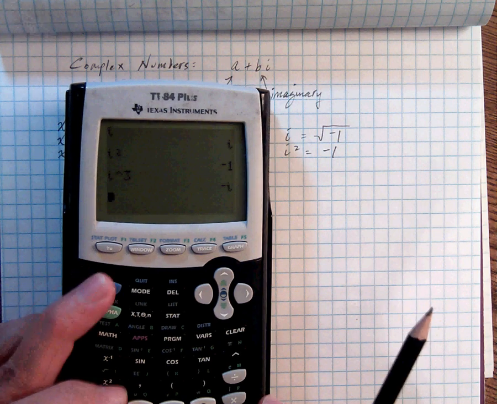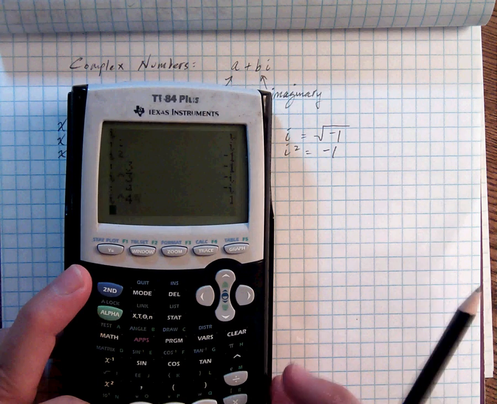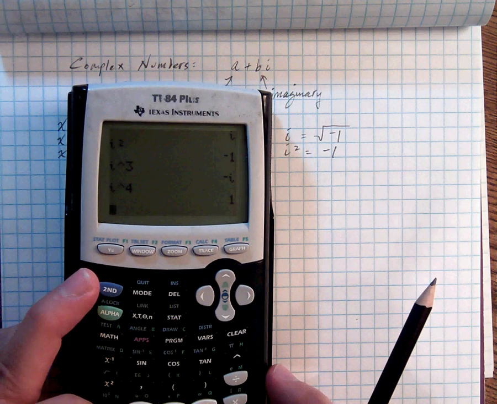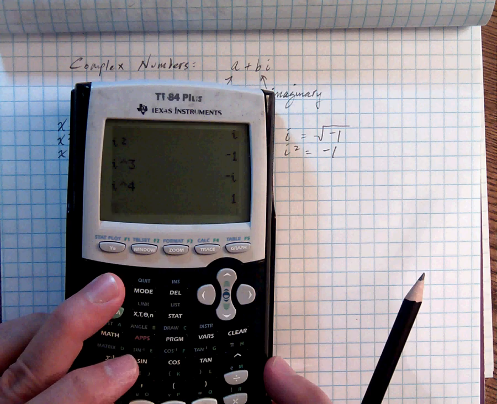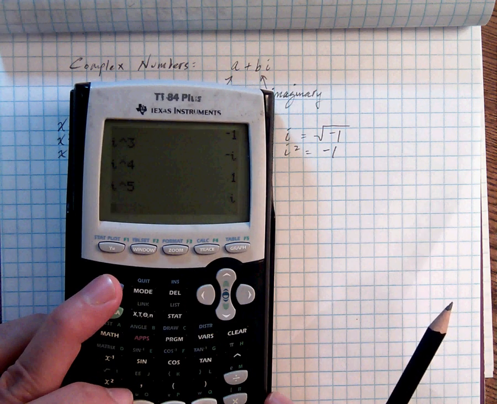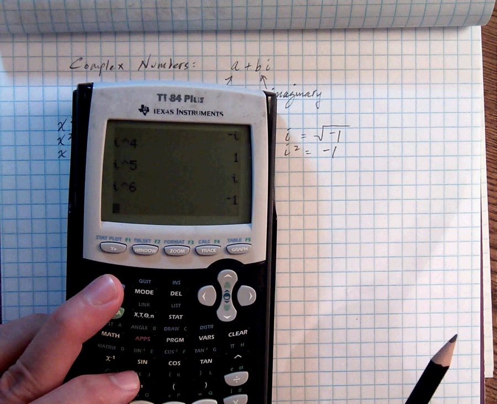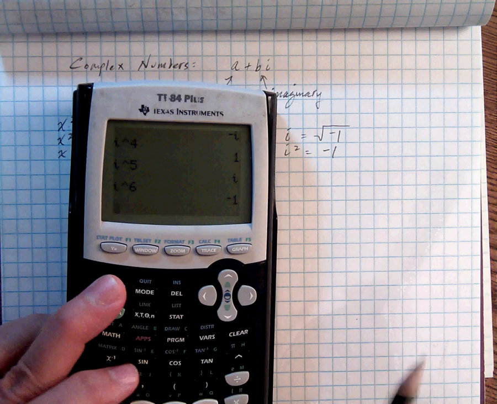If I do it to the fourth power, I get positive 1. Well, what about the fifth power? So just hit second enter, change that to a 5. It's i again. Sixth power, negative 1. Seventh power,